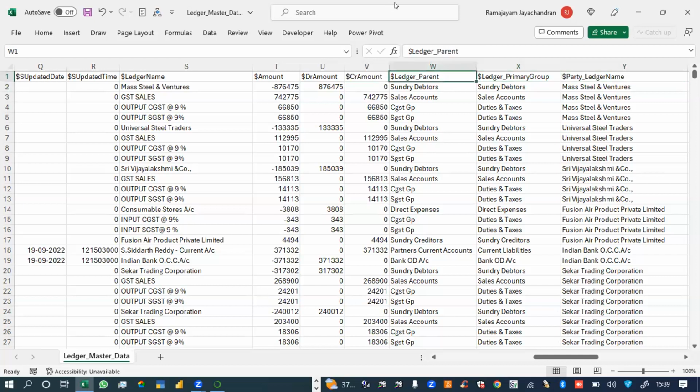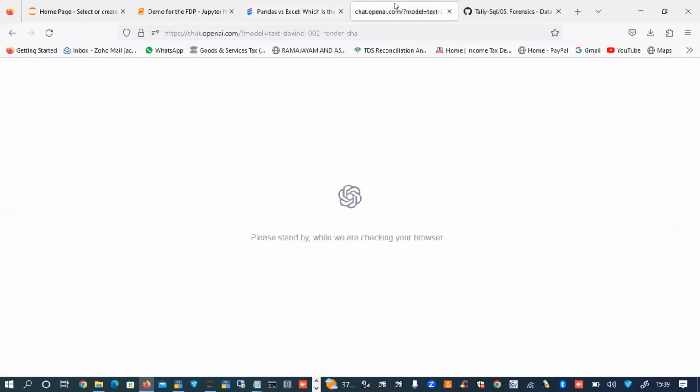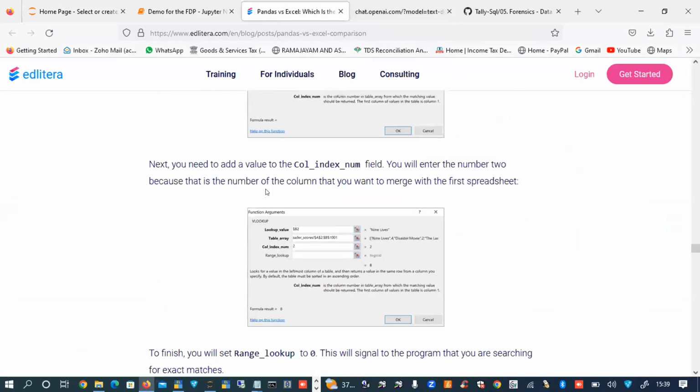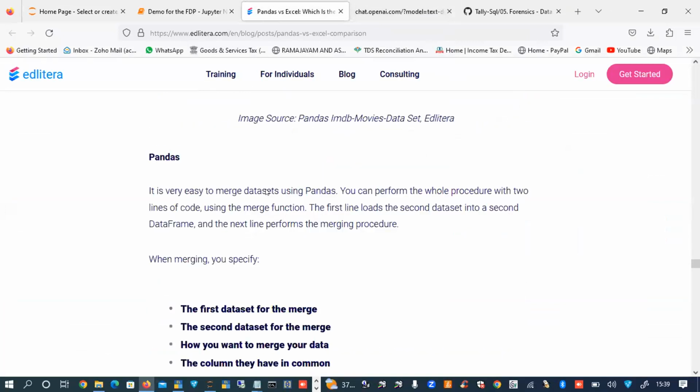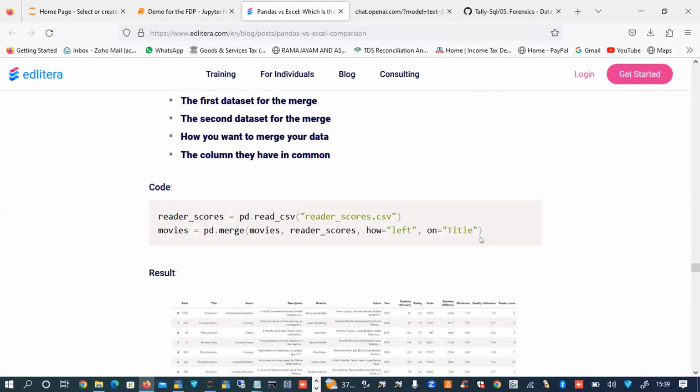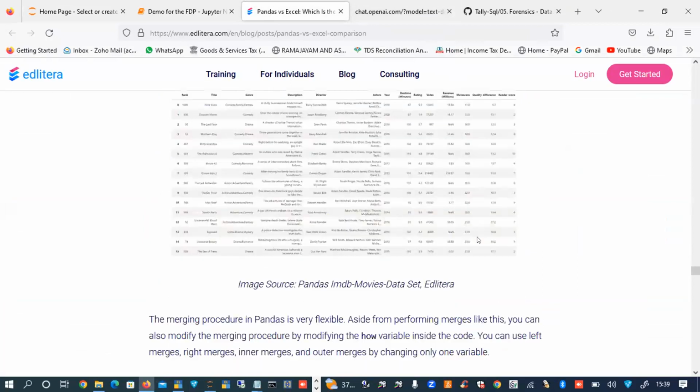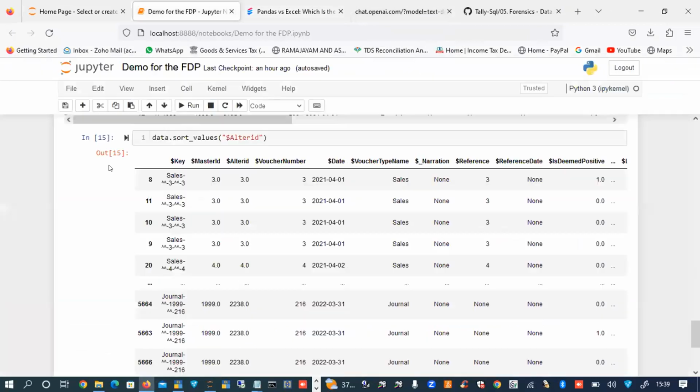You can do a small Google search on sorting, filtering, and inserting a formula. Everything can be achieved through pandas.